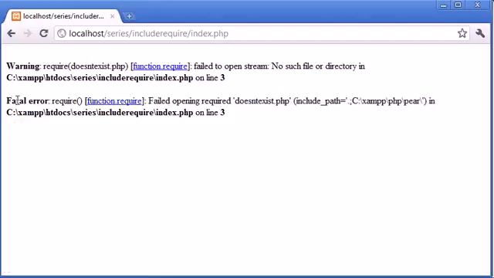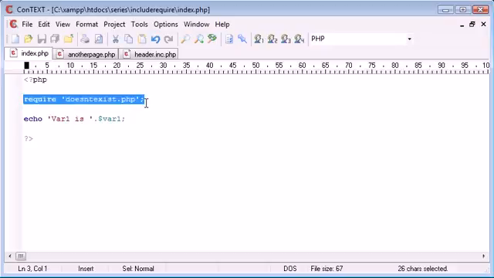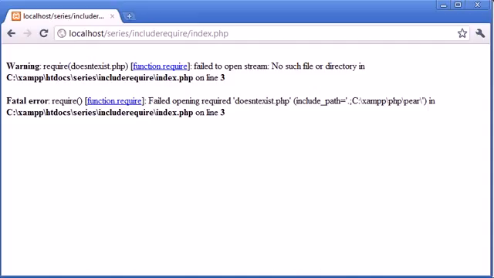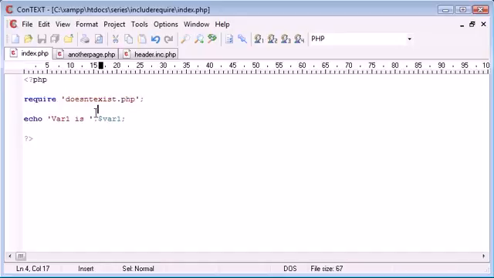It disappears because we've received a fatal error. The fundamental difference between require and include is that require just handles the errors differently. So if we can't find the file and we've required it, it kills the rest of the page. We just kill the page off. So nothing else after this line here is executed. Therefore, the reason this is important is because if we needed variables, and we need this variable in this case to display this whole sentence properly, we require